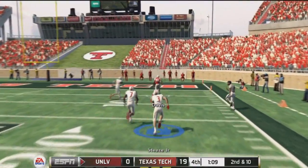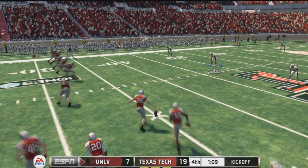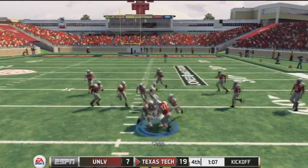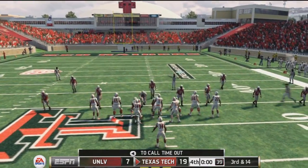Steves Jr. with only 50 in every category can't get there in time, and UNLV gets their first score late in the game, making it 19-7. Now they need the onside kick, and Cobb gets the recovery, secures the ball, and secures the victory for Texas Tech. There's the kneel down. The final score,